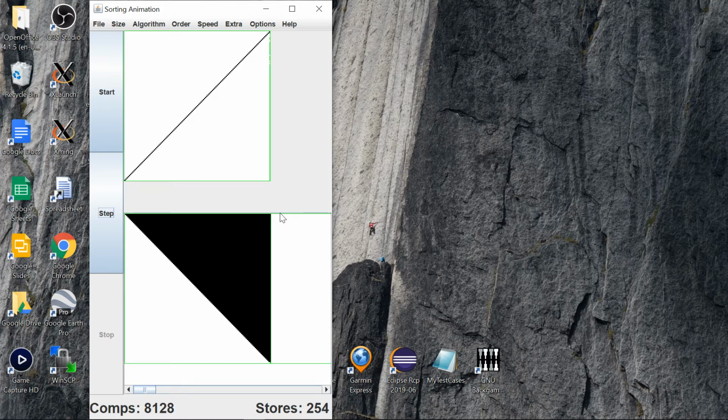N squared. And the number of comparisons to sort an array of size n with selection sort is about 1/2 n squared. That's where the quadratic comes from. The number of comparisons is proportional to the square of the length of the array. Now, if I did the same thing for insertion sort,